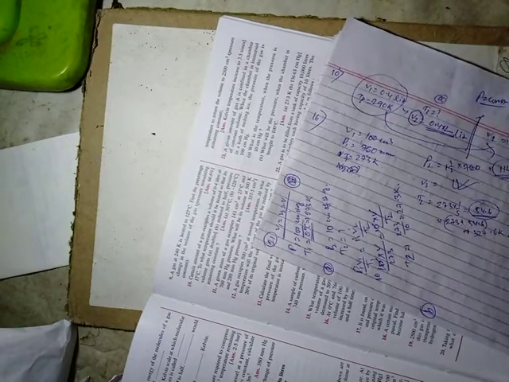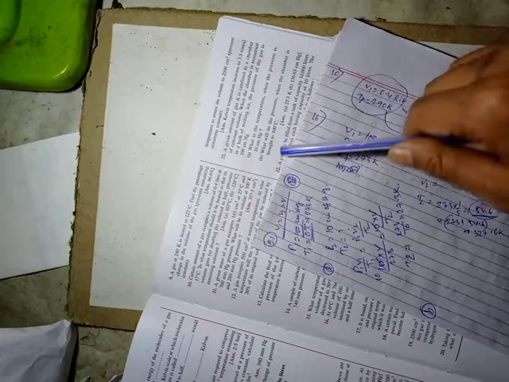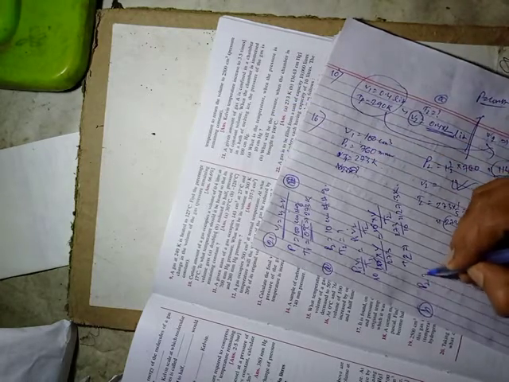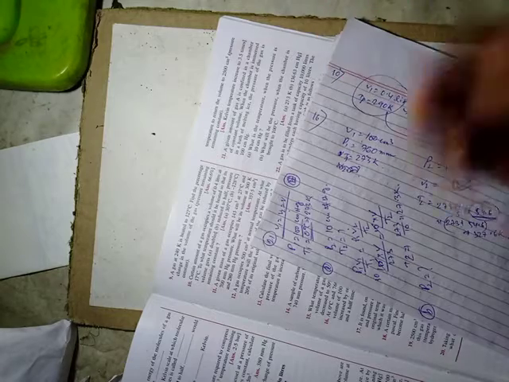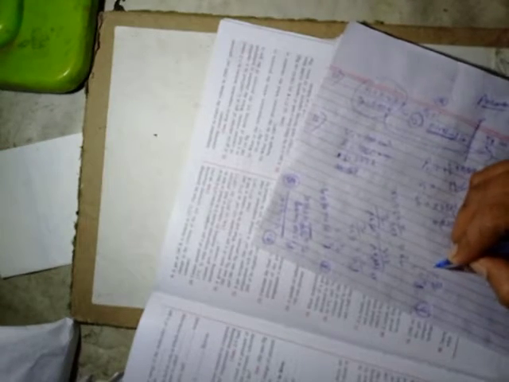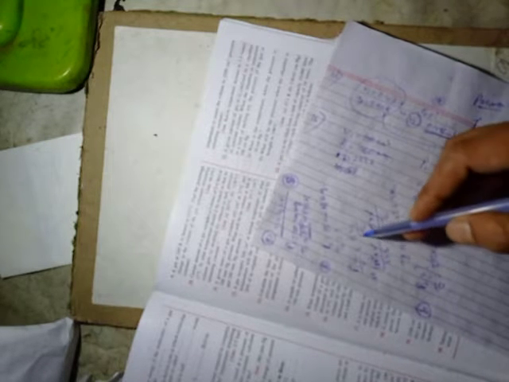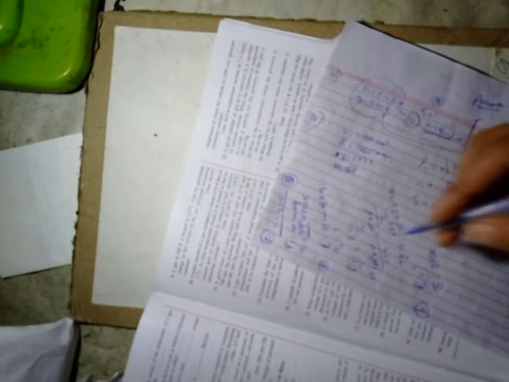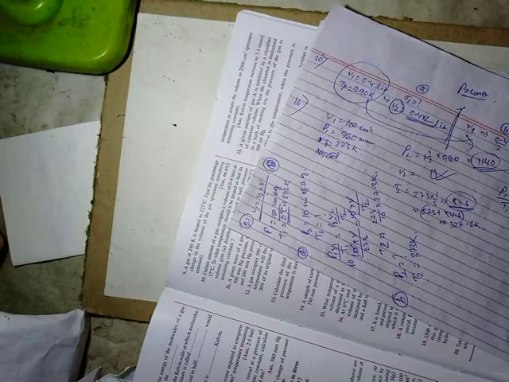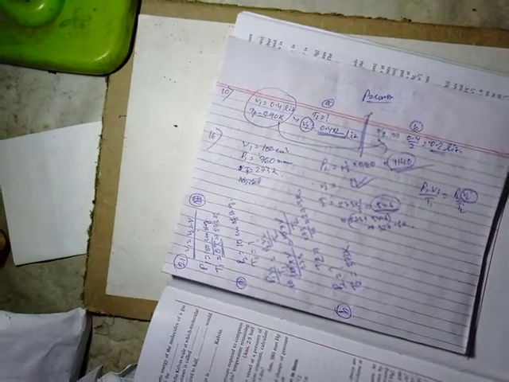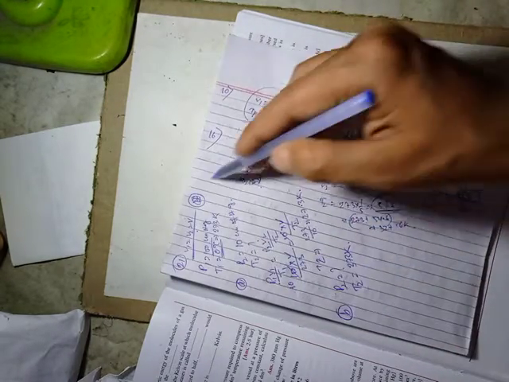And for part B, students, you can see we need to calculate the pressure P2, the final pressure when the temperature is given. T2 is given as 100 degree, which means 373 Kelvin. V1 and V2 are equal to V. You need to calculate P2. So I hope, students, you just check the page. I hope you can understand the numerical.